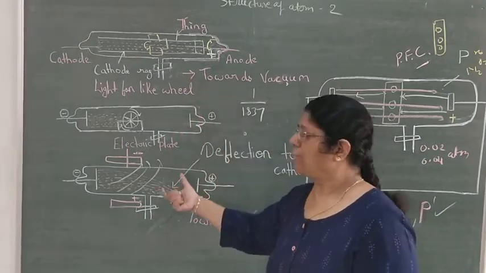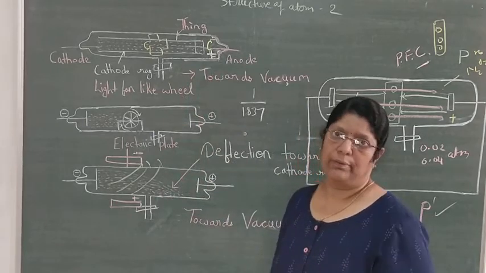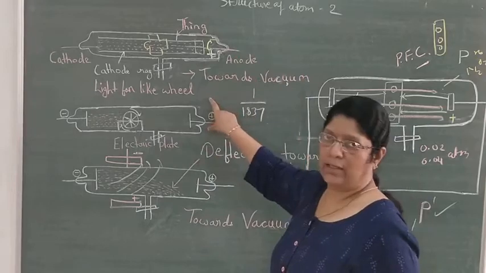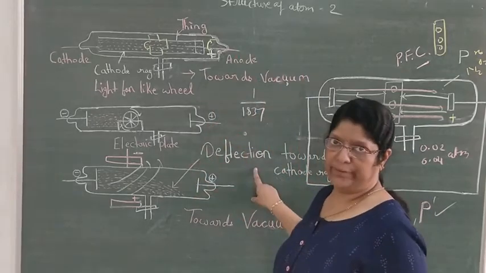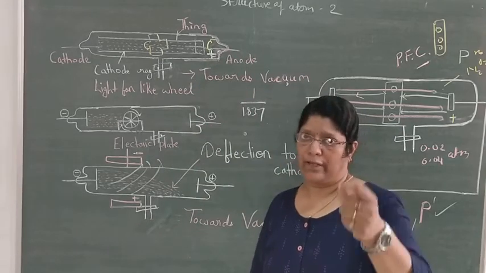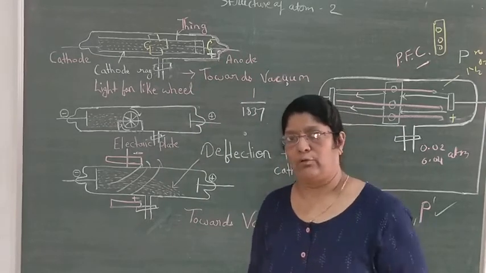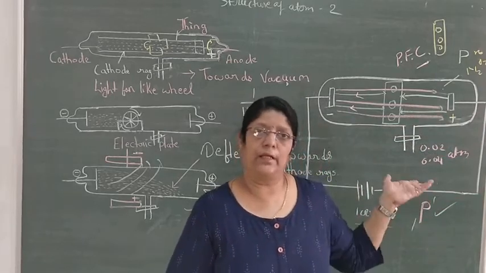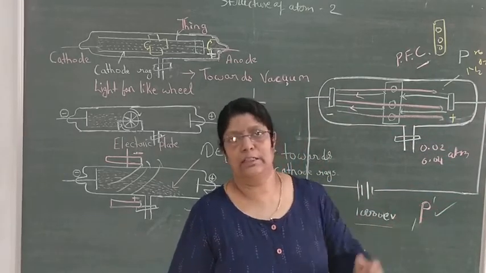With the diagram, you have to make it in your copy. Make diagram, then one property, then another diagram, then property, diagram, properties. So through diagram, you will write the property of cathode rays, the property of anode rays, discovery of anode rays. Make your copy complete. Any day I will call you in the school and I will check your copy.